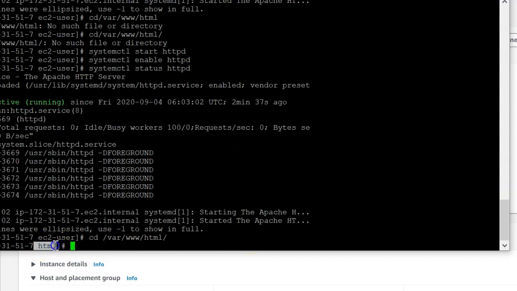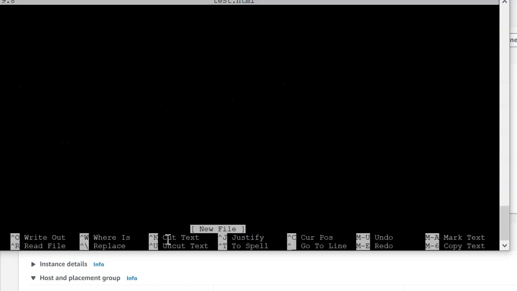All right, so now we are under the html directory, and now we are going to create a test.html page and just enter this one, and I'm adding some HTML code. If you know how to write HTML, the first tag is html and then you need to enter anything else. Let's say hi tech hunt, thanks for awesome AWS free videos, and I just need to enter the closing tag of html.